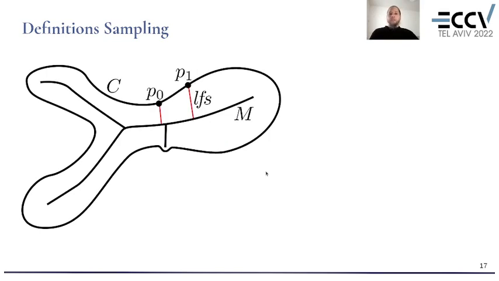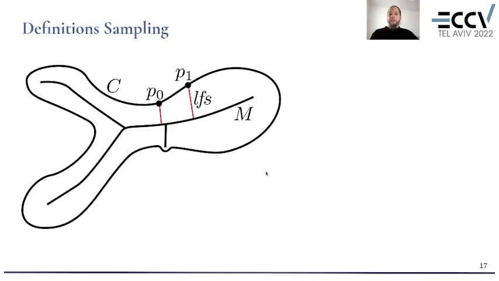Since features can be very large or very small, the absolute spacing of the points can be very different. This is not always good for reconstruction because it's often based on distances between points, so we proposed a new definition of sampling